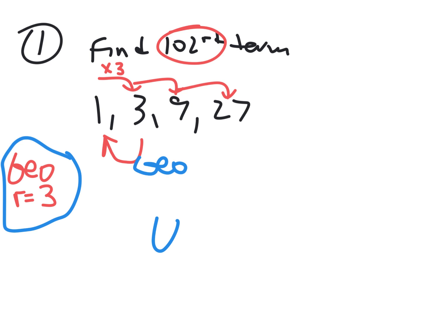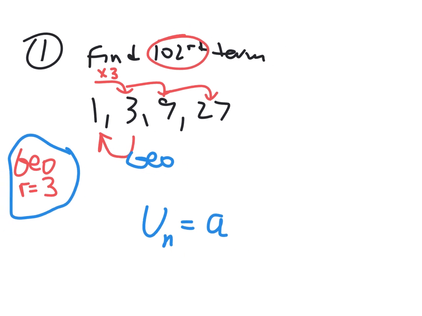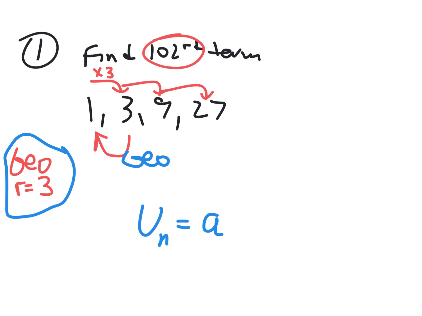So U sub n equals, right? Isn't that the one you have? Okay, I always want both sides of the formula. Okay, equals what? I agree. Just read me the formula as it exists, then we'll put the numbers in it later. It says A sub n? Yeah. Okay, keep going. We called that U sub n, but the formula is calling it A sub n, and I hope you get A and U are interchangeable. It doesn't have to be a letter U there. Okay, keep going. A times R to the N